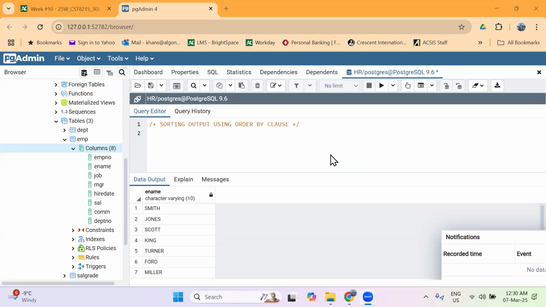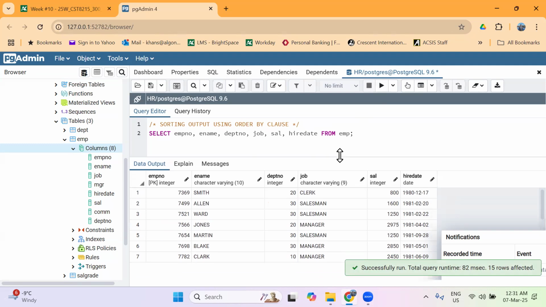In this video, we will learn how to arrange the output, how to sort the output using order by clause. So when we select data, let us say I want to select employee number, ename, salary, department number, hire date. Let me rearrange some of the columns. So I'm gonna do this and then job and then salary, comma, hire date. So when we select data, we don't have control in the sequence in which it's gonna